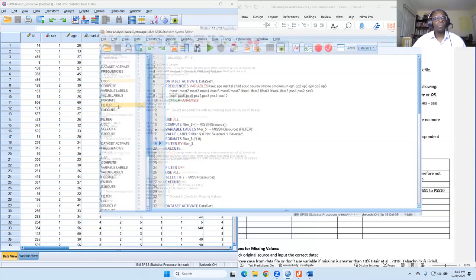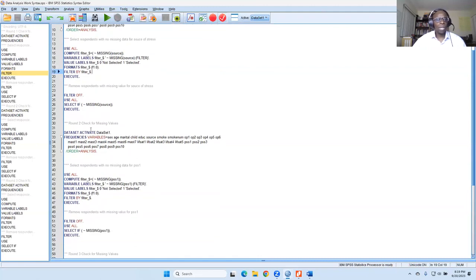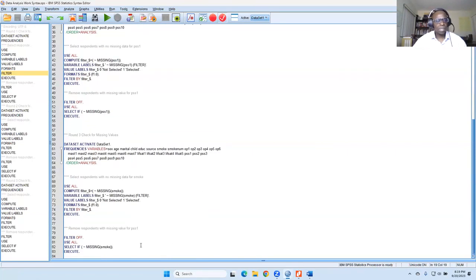Round 1, right? Round 1, we did this. Select the respondents, removed. Round 2, we ran the descriptives, select the respondents, and then we filtered, right? Because we always want to test the selection first before we delete anything. Run the descriptives, test the selection, delete. Okay? So let me see what we did here. So